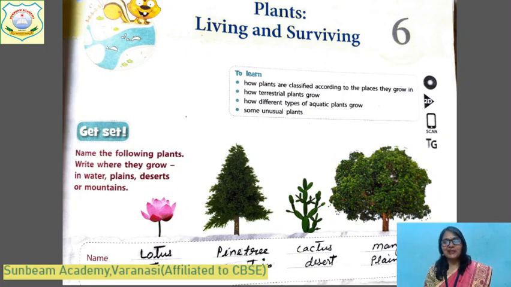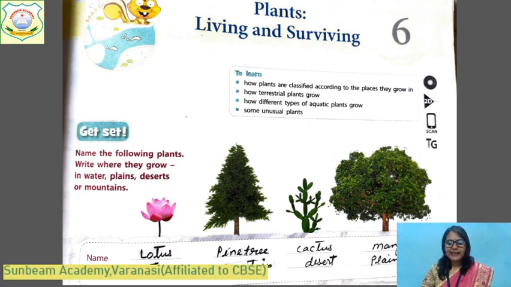And another one is mango plant. Mango plant grows on the plains. They are called evergreen trees. And children, aquatic plants are also of 3 types. Some are floating, some are fixed, and some are underwater plants. And the plants that grow in coastal areas. Some plants grow in coastal areas like coconut. And children, some plants like mangroves grow in marshy areas. There is a lot of water inside the soil. So roots come out to take the oxygen. They are called breathing roots.